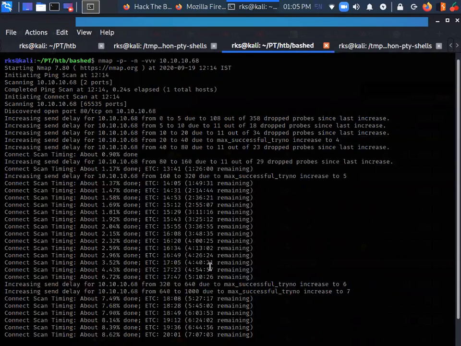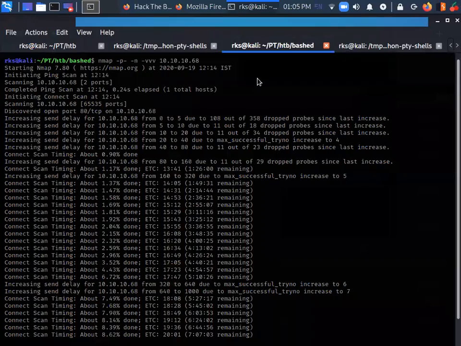Actually, I have already scanned all of these ports, and I found that no port other than port 80 is open here. Only and only port 80 is running. Okay, so let me just stop the recording.